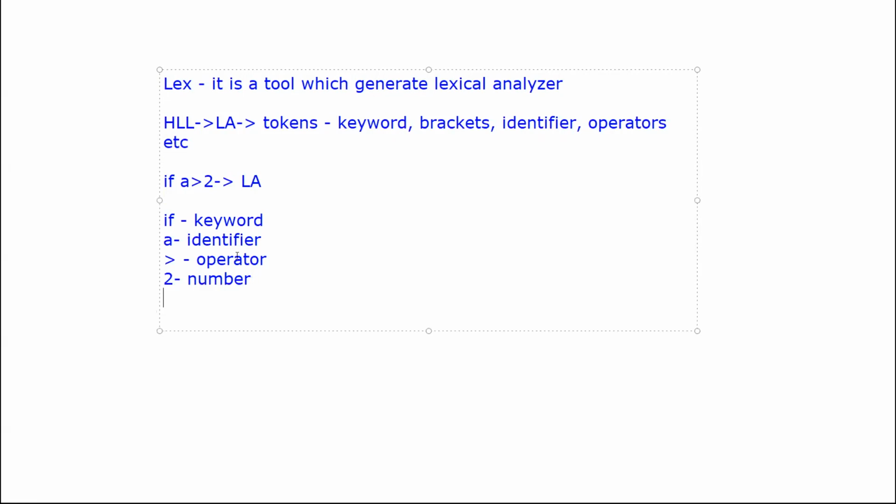So basically we want to use the Lex tool to design the lexical analyzer. Now for using the Lex tool, we use a language. What kind of language does it use? It uses a language that is called Lex language. So Lex language is used to write the program for the Lex tool. Now we'll see the block diagram of the Lex tool, how it works.